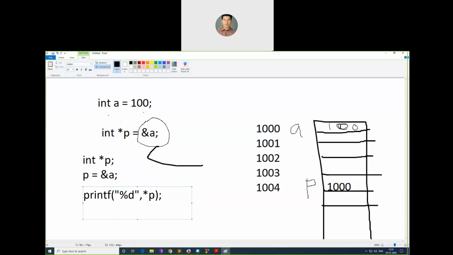When you access p with the dereference, your control goes to the variable p, and its value 1000 is taken, but 1000 will not be considered as the content of p.